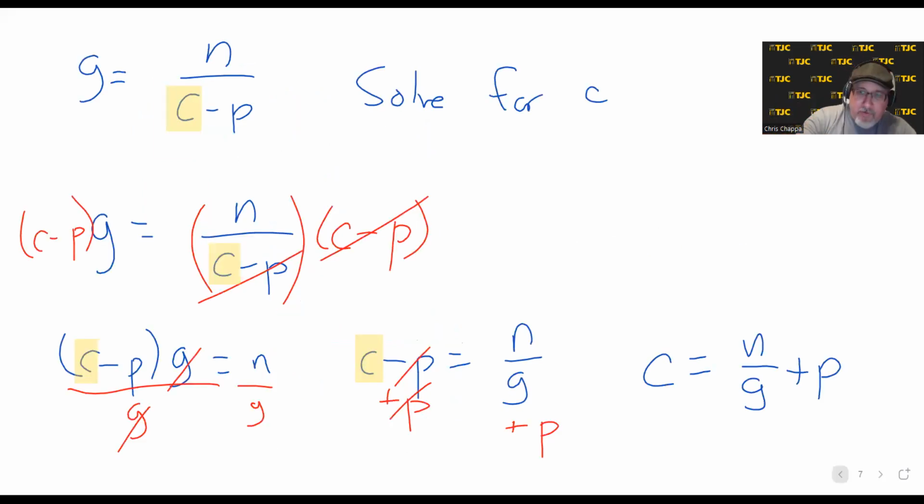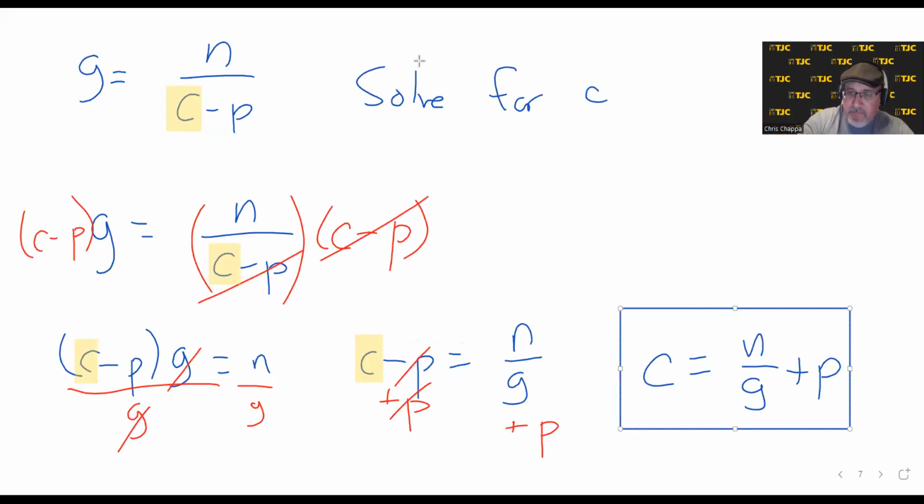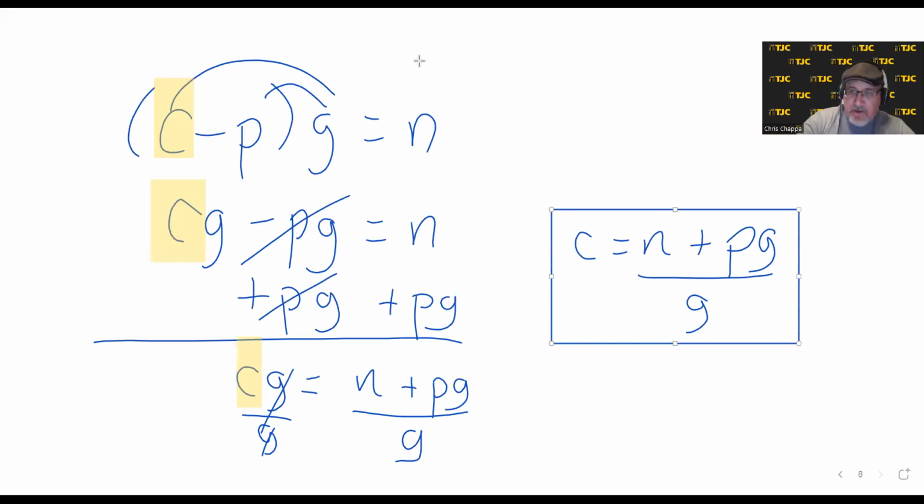The answer we got before right here was N over G plus P. Not the same thing here. Remember when I said you can't cancel the G's? Because the G that I'm about to highlight in pink is embedded inside of this addition problem. Therefore, you cannot cancel it. There is a way to cancel part of an addition problem, but you can't do it while it's sitting inside of a fraction. The trick is to split the fraction into two parts by unadding,